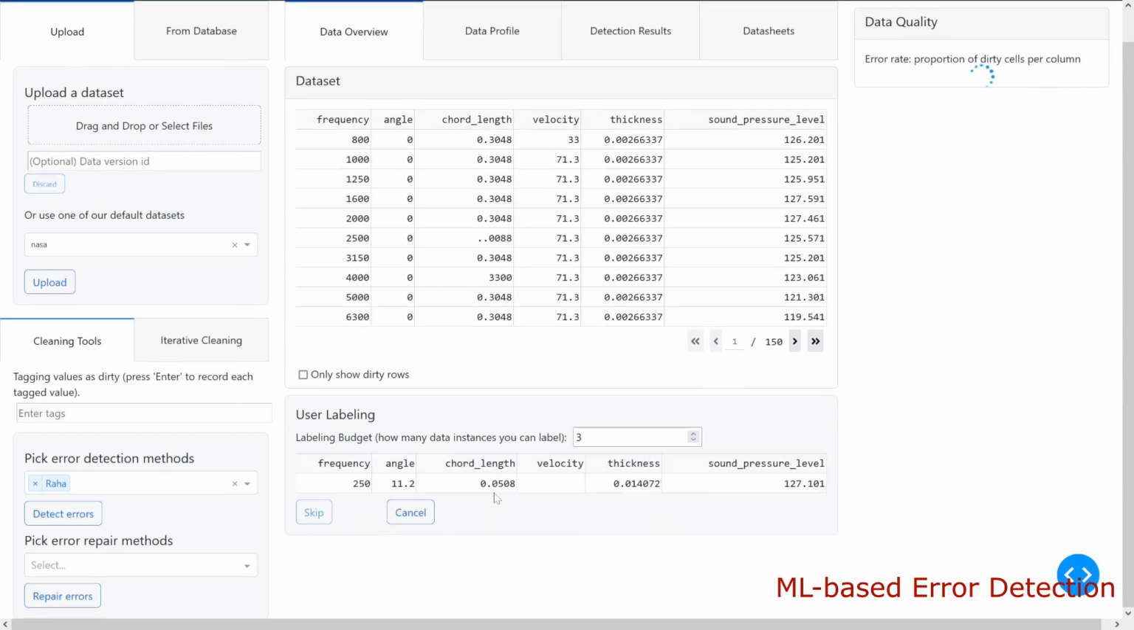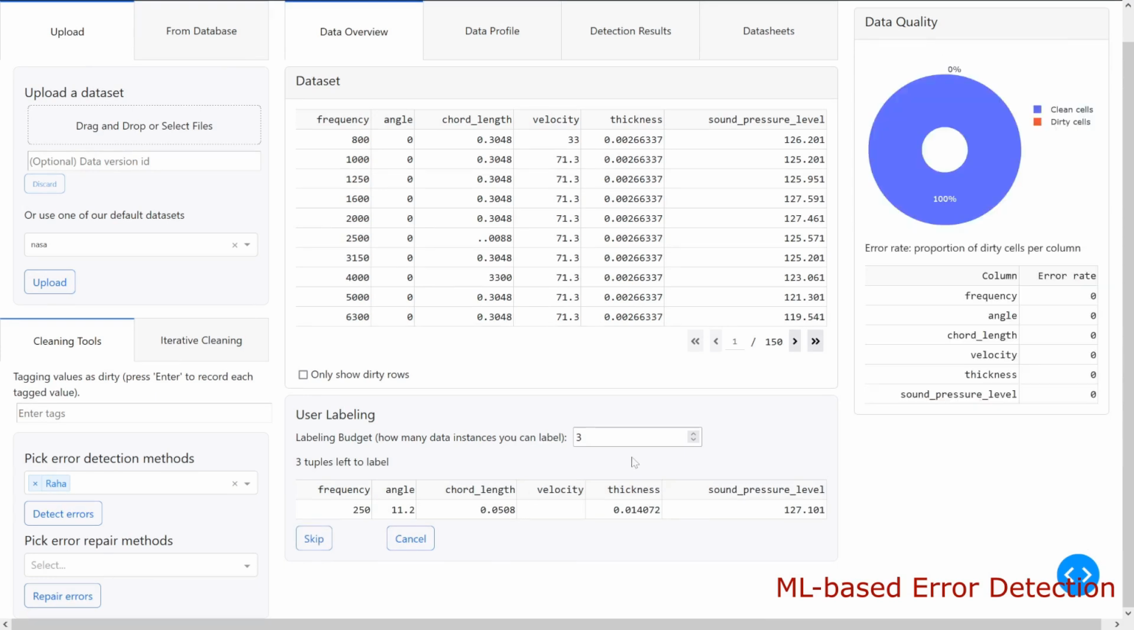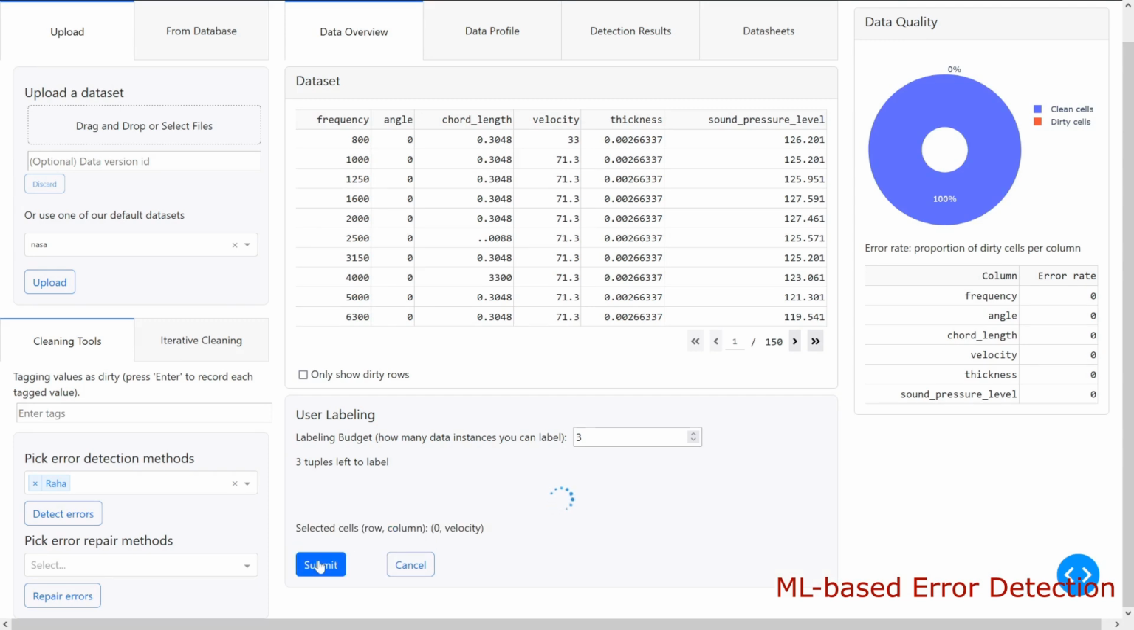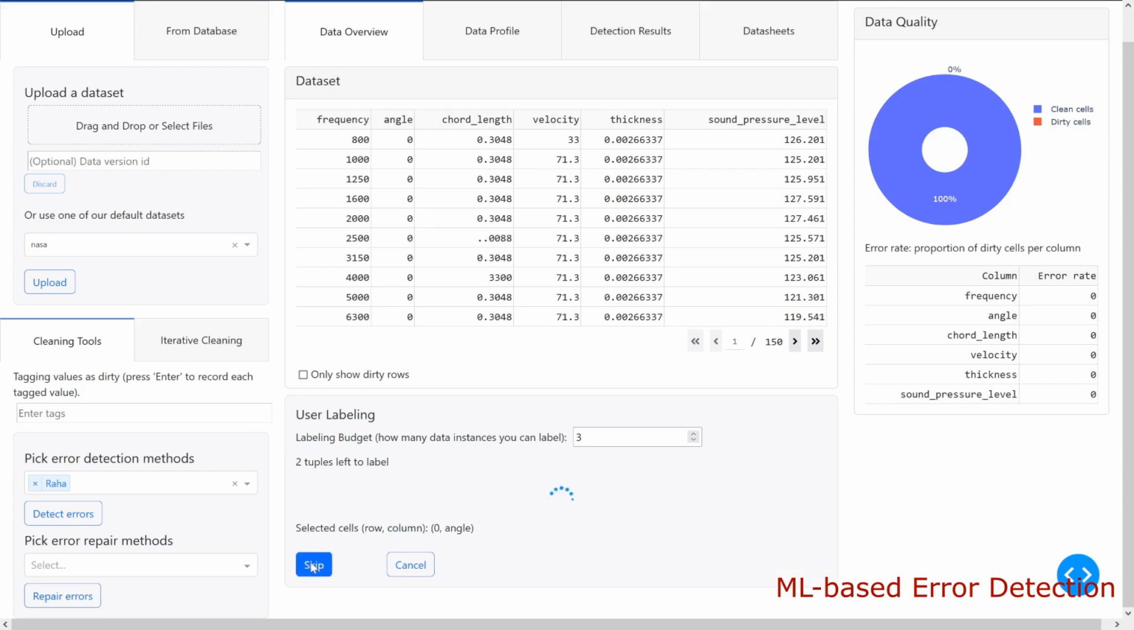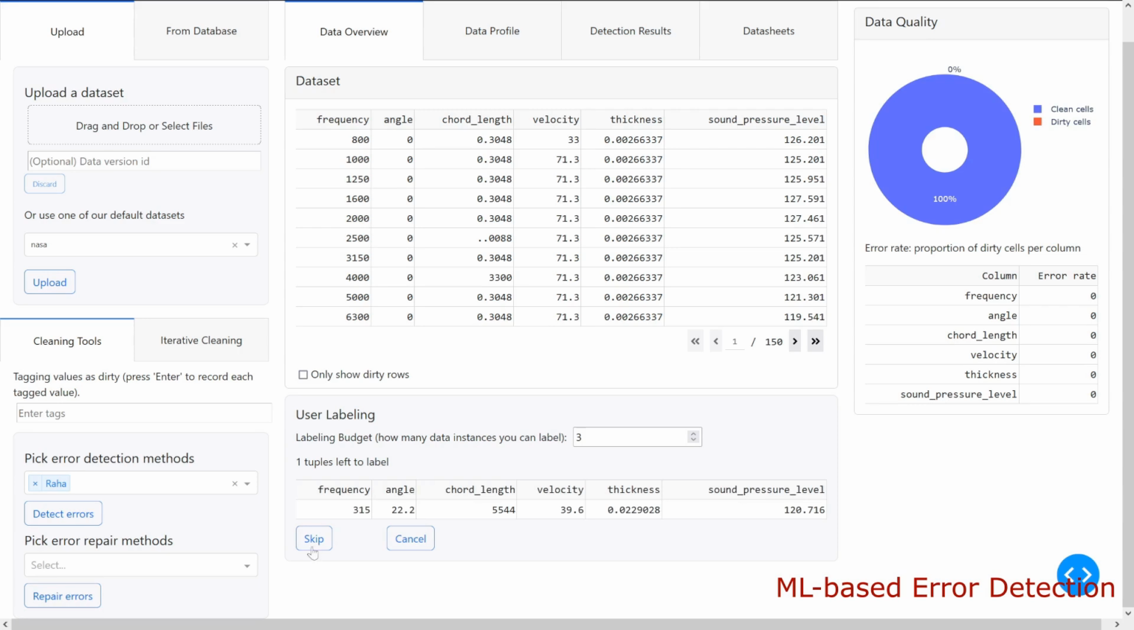And here the dashboard will show some tuples where the user has to find whether we have errors or not. So we have a missing value here, so we can submit this value. And for the next tuple, we may or may not have errors, so we can skip this one. And here also, it seems that we don't have any errors. We have an error in the angle attribute here. We can submit this one. And for the next one, we don't have errors. And let's assume that here we have an error in the velocity attribute. So once we submit, the